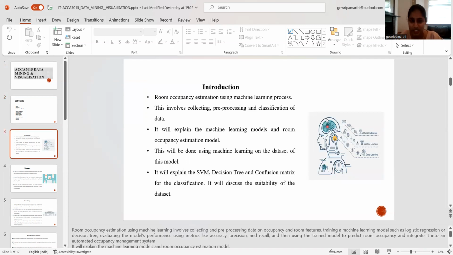Introduction. Room occupancy estimation using the machine learning process involves the collecting, pre-processing and classification of data. It will also explain the machine learning models and the room occupancy estimation model. It will also apply machine learning on the data set, using the model I have taken. This also explains the SVM, support vector machine, decision tree, and confusion matrix. These are the classifications I chose for the machine learning process, and it will also discuss the suitability of the